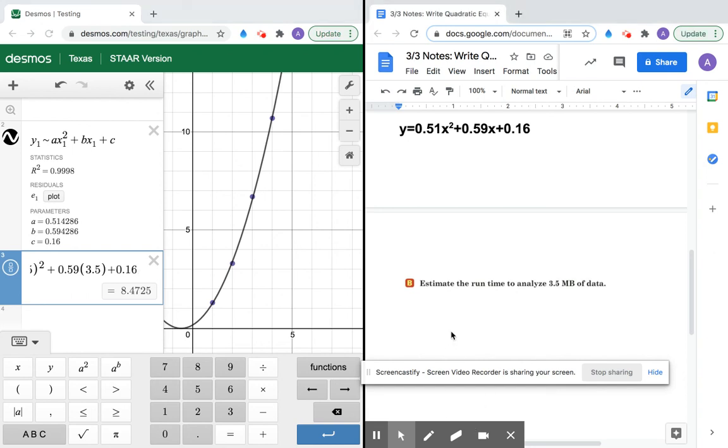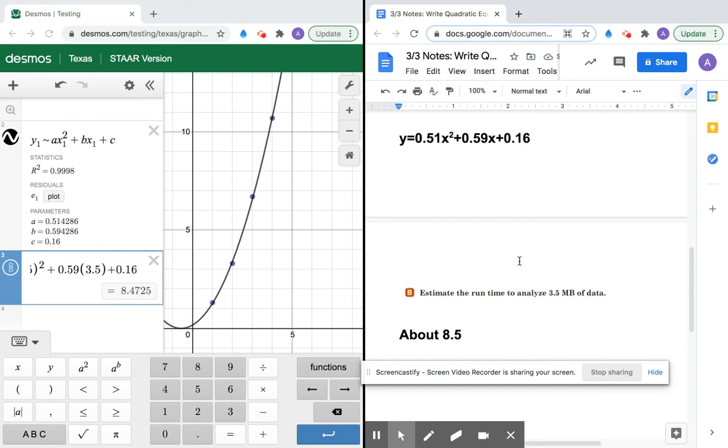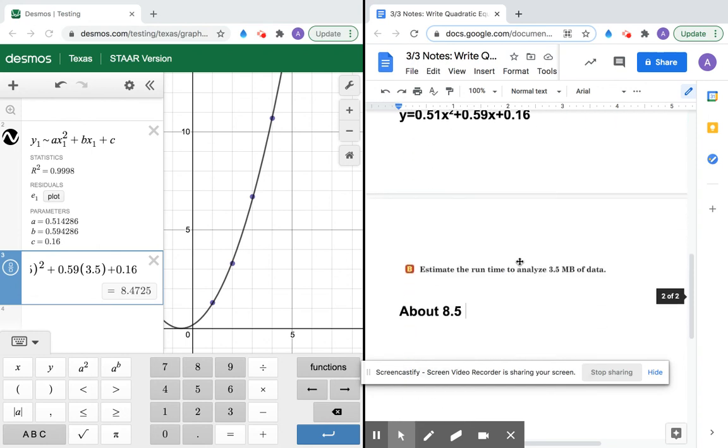So here, about 8.5, and we're talking about time in seconds, to analyze